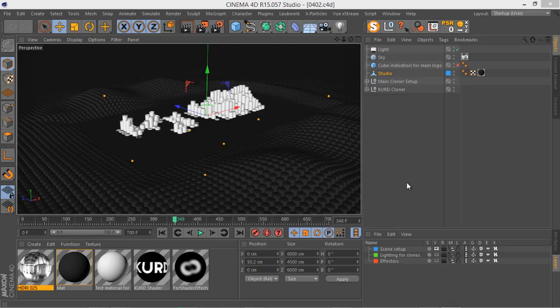Okay folks, so let's start creating our materials. The first thing I'm going to do is create a layer for our other materials, and another layer, just double click. This is going to be our main cord cloner